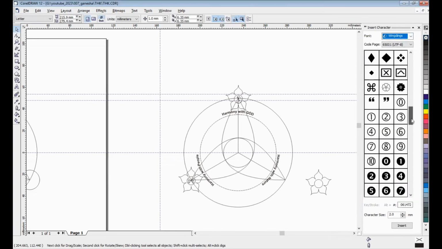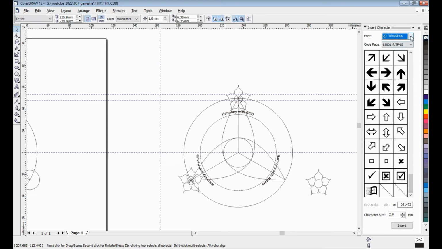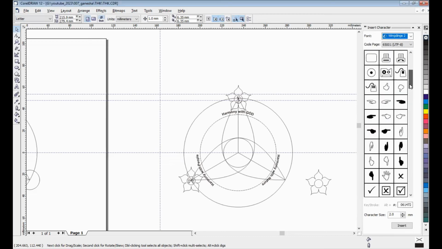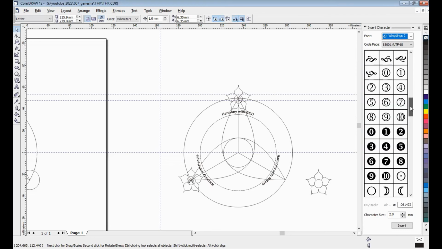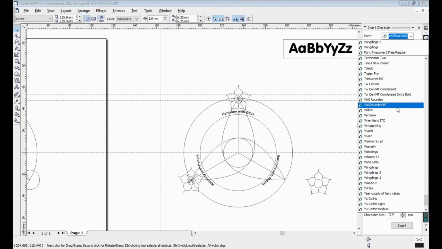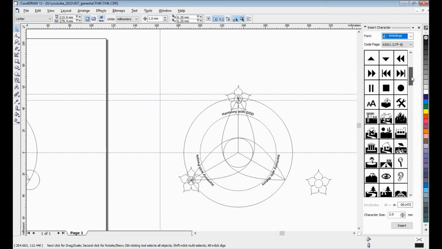Where is the coconut? Winding 2. Where is the nature? Oh, webbing. Where is the webbing? Oh, okay. Webbing. Okay, that's it.